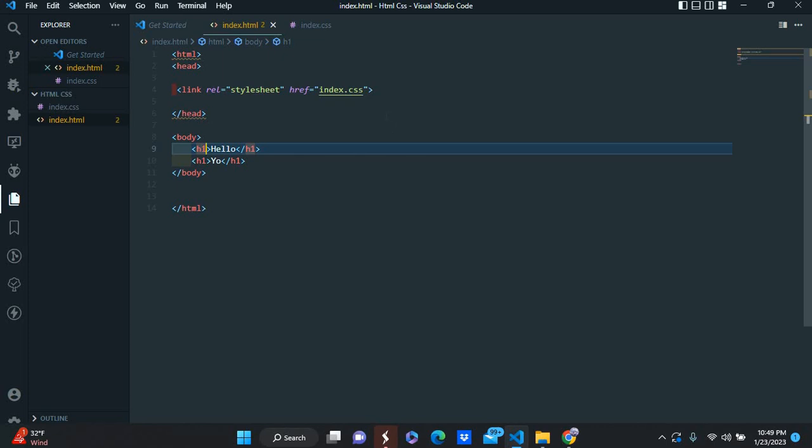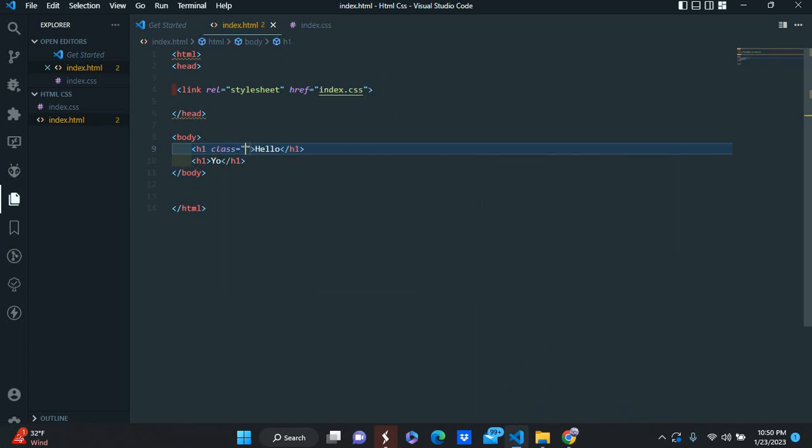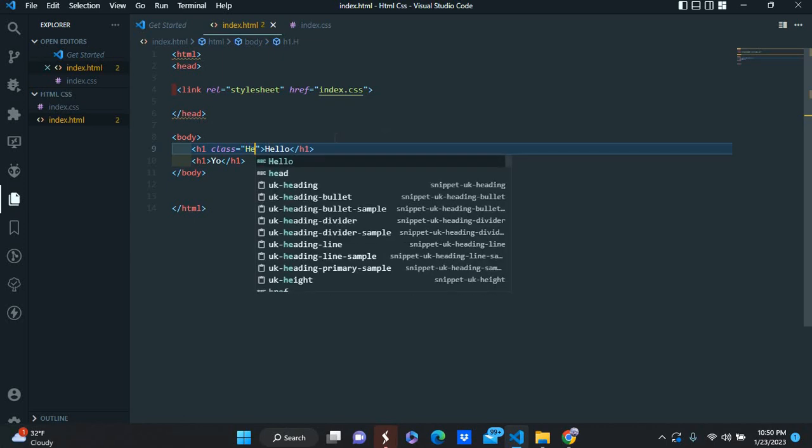The next way, and I commonly recommend that you do this for most of your targets, is putting a class on them. So here, you want to space out in this bracket, right here in the H1, and put class, and have the equals and then quotation marks always. And then you want to put the name that you want to target in the CSS. So this text is hello, so we're going to put hello